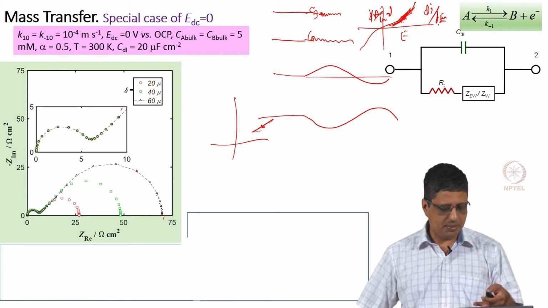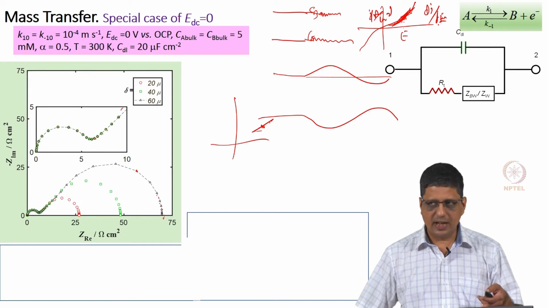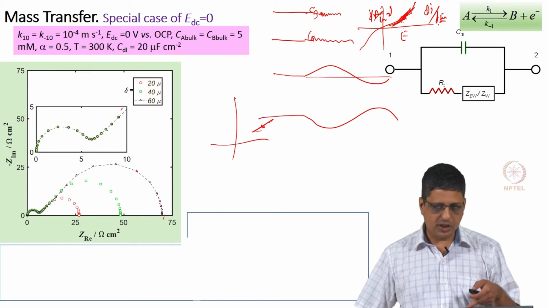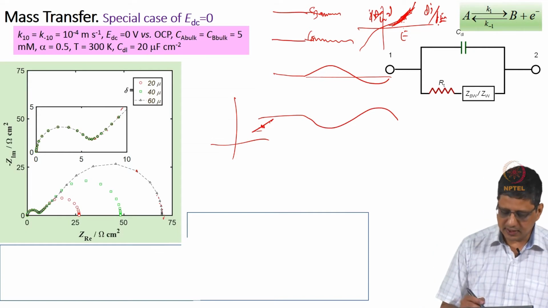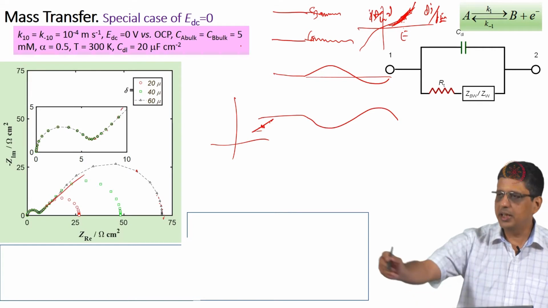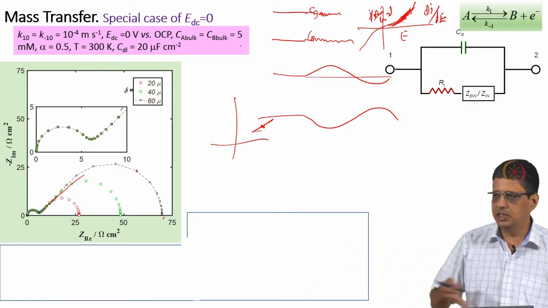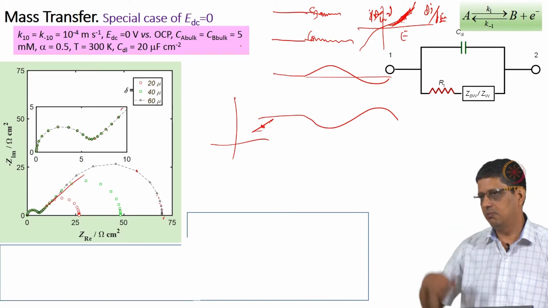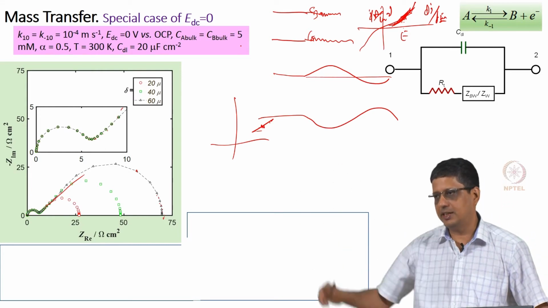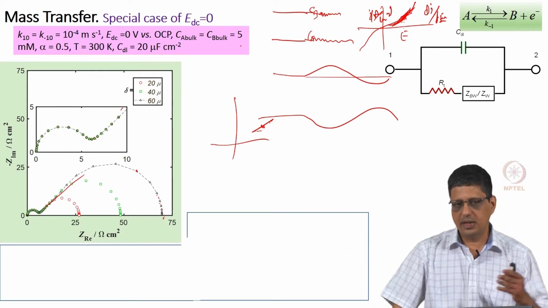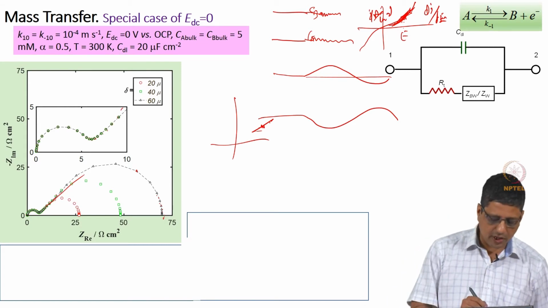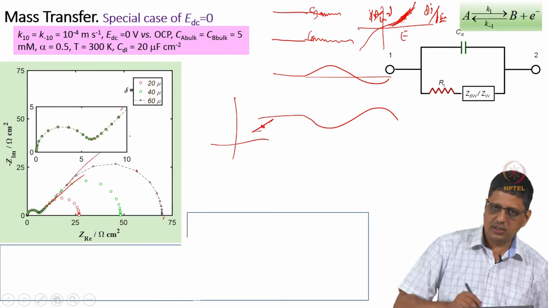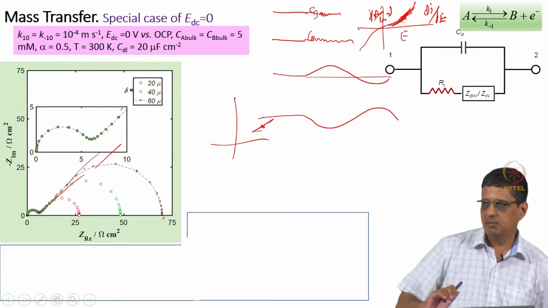But out here I am just comparing different delta values, different boundary layer thicknesses. You will end up getting a larger boundary layer, larger polarization resistance. And of course, you can visualize when delta becomes infinity, it is going to look like this and settle at infinity, which is basically a 45-degree line. We are not really going to see where it settles, but you can visualize that as you increase the delta, it is going to approach more and more a 45-degree line for a large number of frequencies before it comes